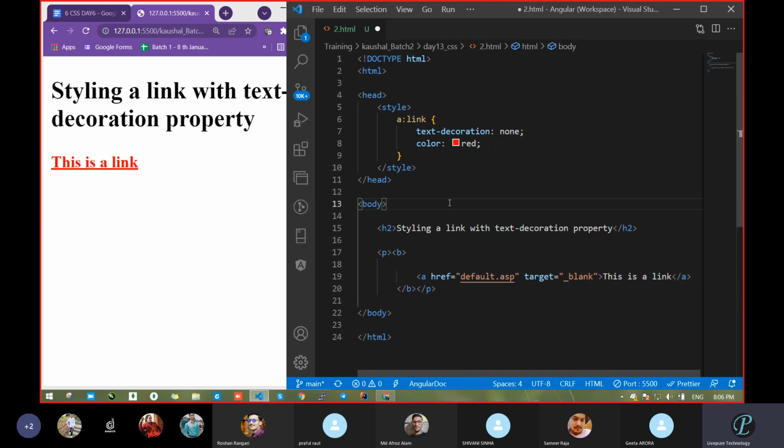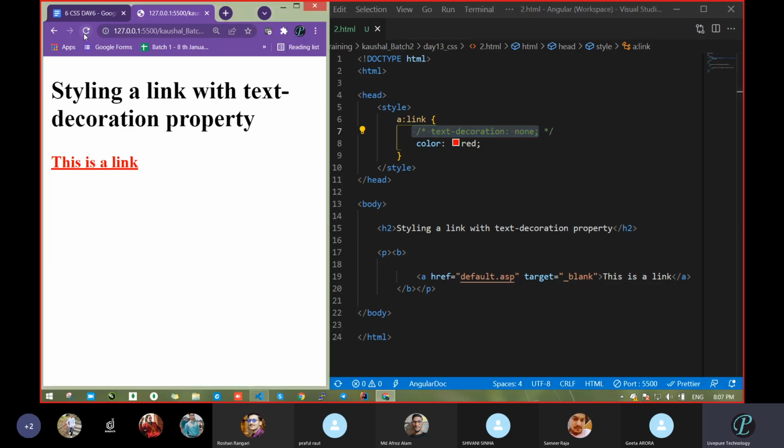But those tags are part of HTML, and we do not want them with HTML. We want something with the help of CSS. So we can go with the CSS property, and that property is known as text decoration. So what I have done is I removed that underline section from there. That's why I am going to comment this text decoration none and look over at our UI side. Okay, so we are getting the underline here. Clear? Anyone having an issue?